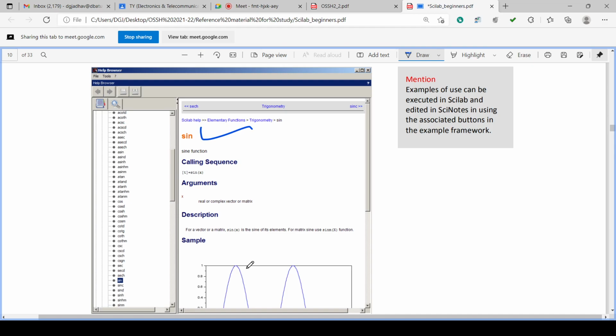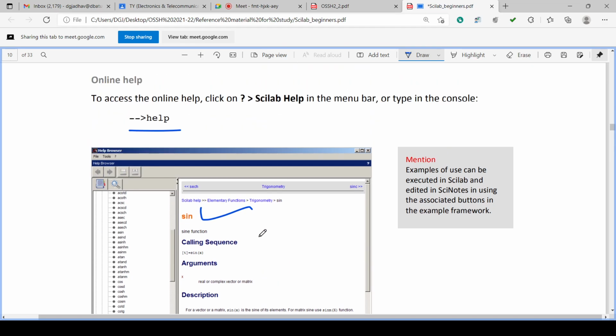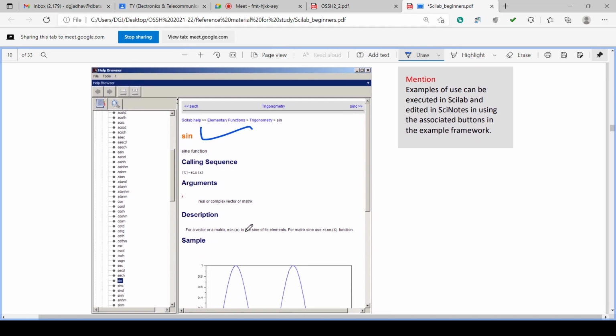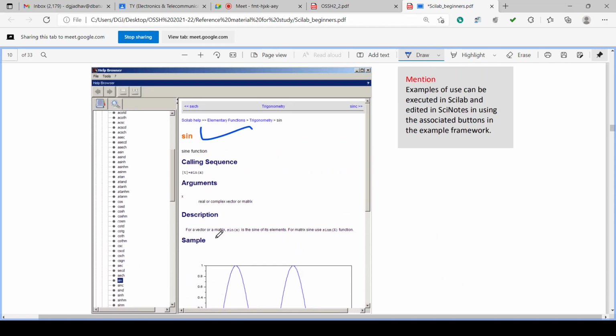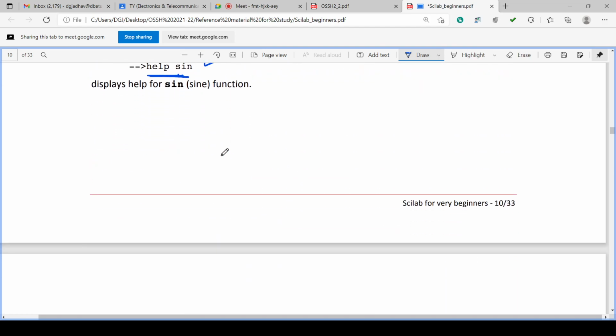We can have the help in the help window. You can go to my lectures on the installation of Scilab, where we have the details. I think in the first and second lecture there are details on the help. If you put the function name, then it directly goes to that particular function. Otherwise, if you just click on help, it will first go to help, and then you have to find which function you have to search for.